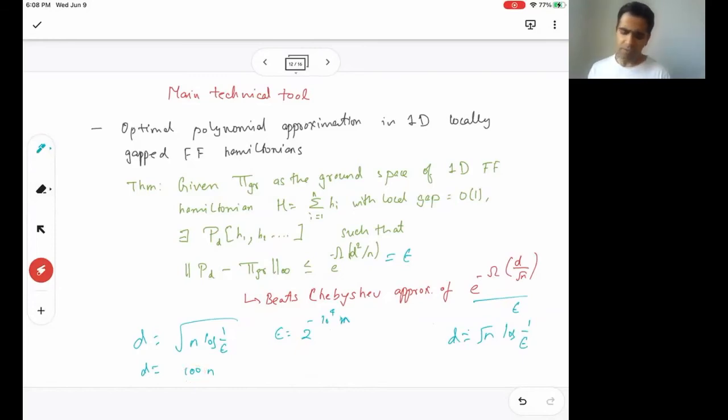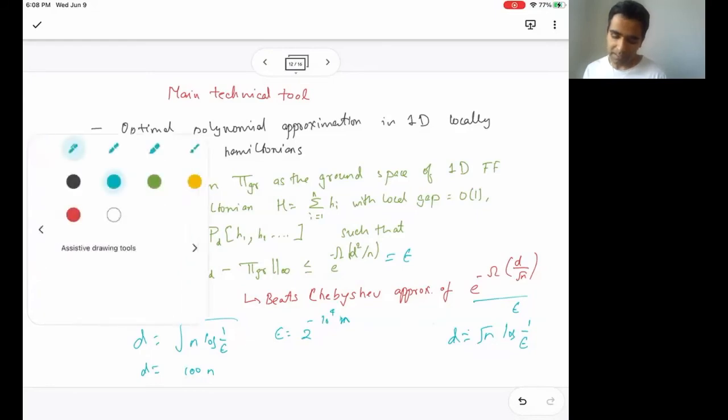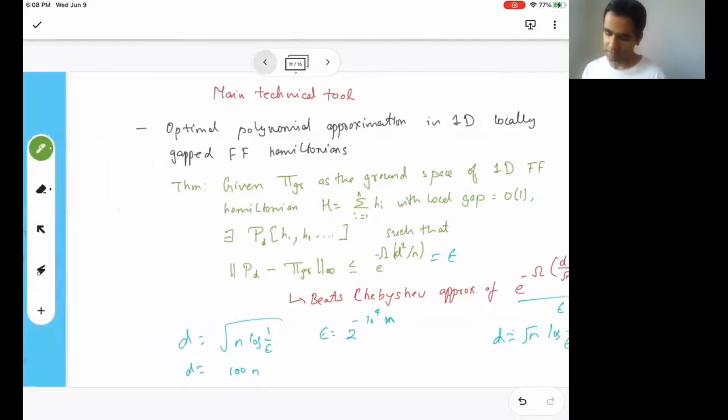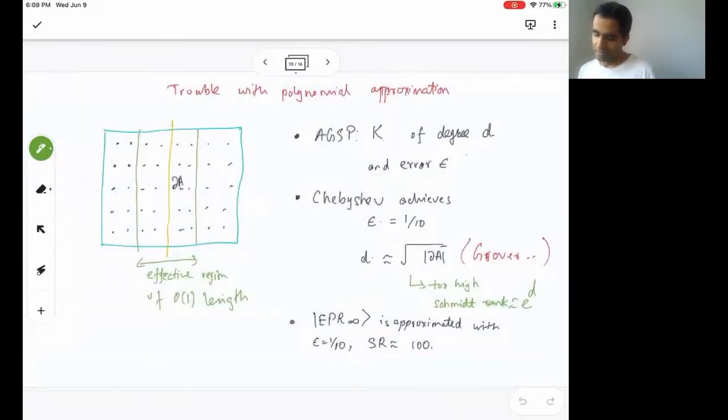And to give an intuition for why this seems to be helpful, let's look back again at what the unbounded number of EPR would give. So for those EPRs, this range of parameters, like this very tiny error and very good degree, basically is able to beat this. So let me just show you over here. If I were to set epsilon to be 1 over 2 to the minus 10 to the 4 n over here, my Schmidt rank would roughly scale as something like